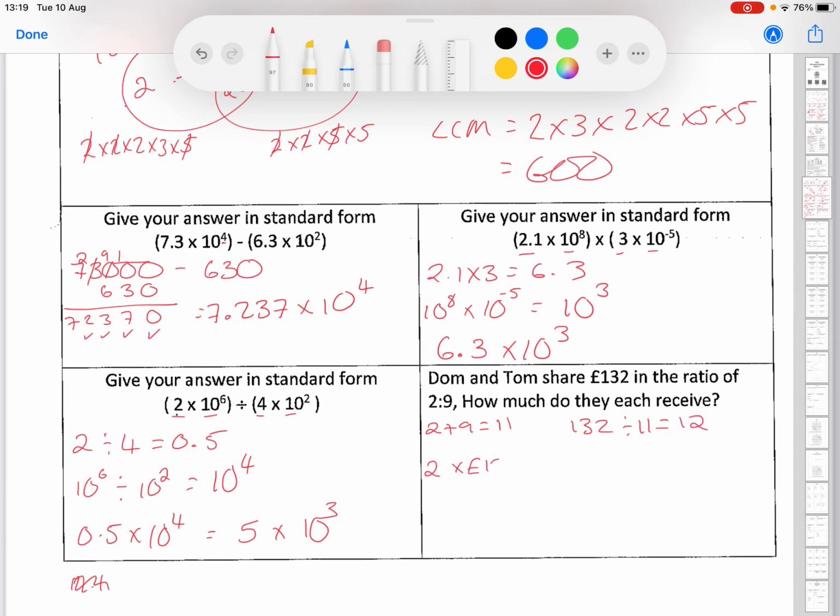So we've got 2 parts for Dom. 1 part is £12. 2 parts is going to be £24. Tom has the 9 parts. So 1 part is £12. 9 parts is going to be £108. So Dom 24 and Tom 108. Check they make